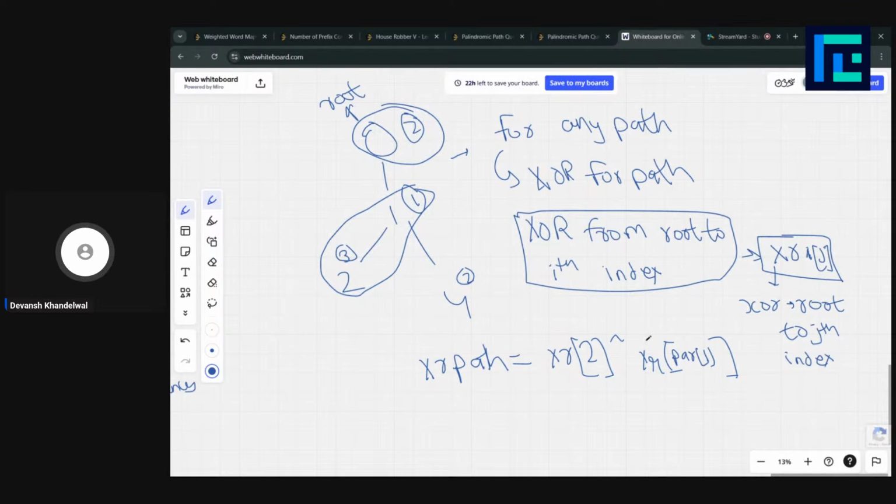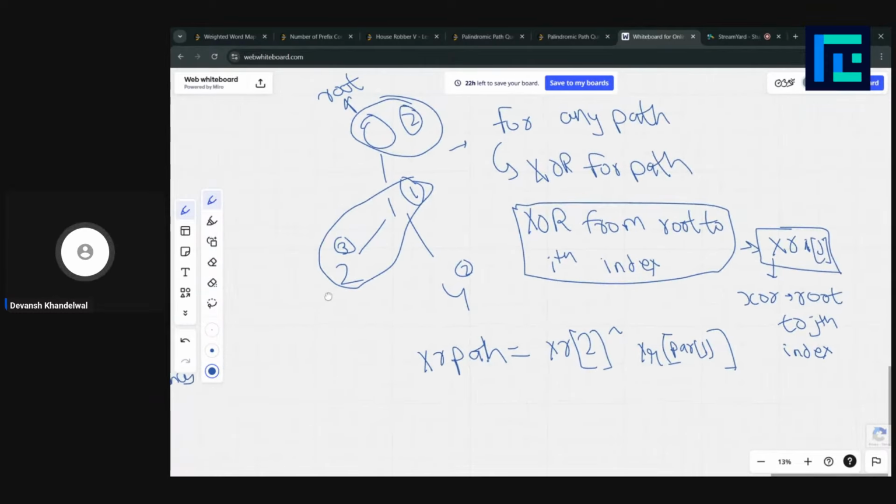This is the logic we are using to find if the path could make a palindrome or not. By placing each character to its bit equivalent, the bit mask we have applied here, and using that bit mask, we could use the XOR property to find if the XOR of all the elements in the path is 0 or only one set bit is in the XOR or not.